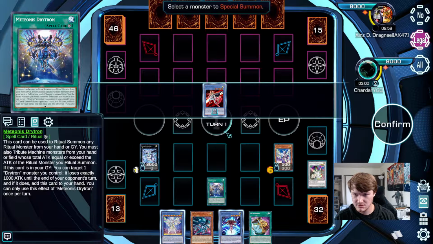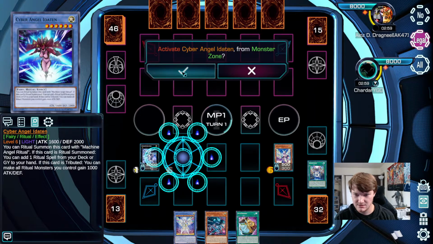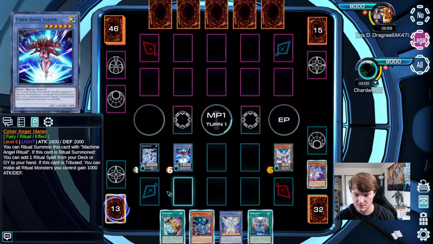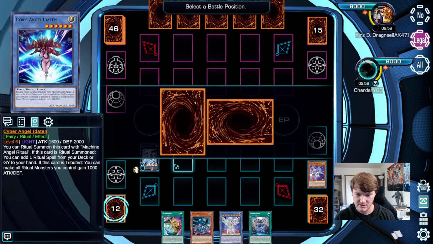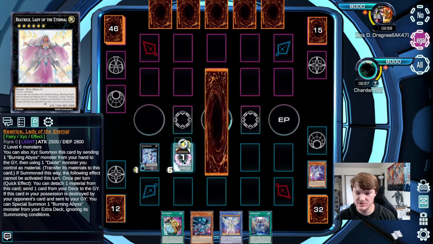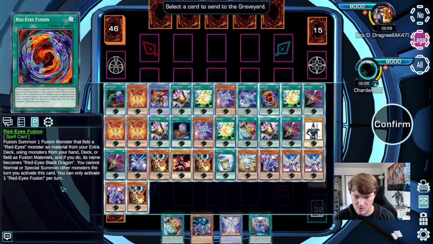Activate Medionis. Special summon Ida 10. Detach Alpha. Summon Ida 10. Effective Ida 10. Grab back the Ritual Spell. Make Beatrice. So I've done this combo honestly the hundreds of times in paper. Detach Diviner, just trying to make sure I don't misclick, get ahead of myself. Effective Beatrice, we're gonna dump